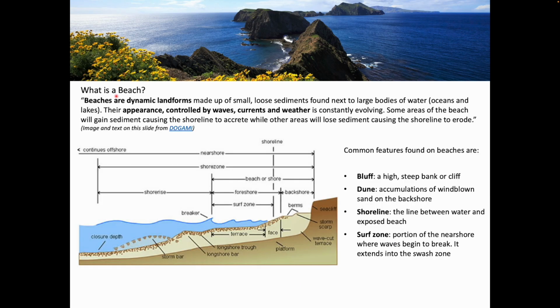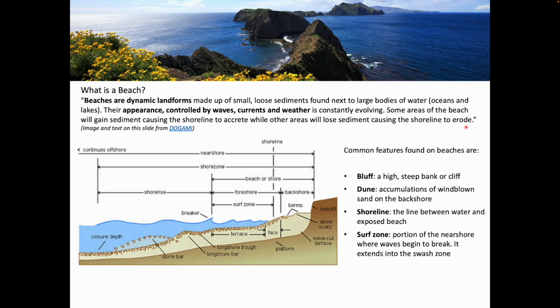So what is a beach? A beach is a dynamic landform made of small, loose sediments found next to large bodies of water, such as oceans or lakes. The appearance of beaches, controlled by waves, currents, and weather, is constantly evolving. Some areas of a beach will gain sediment, causing the shoreline to accrete, while other areas will lose sediment, causing